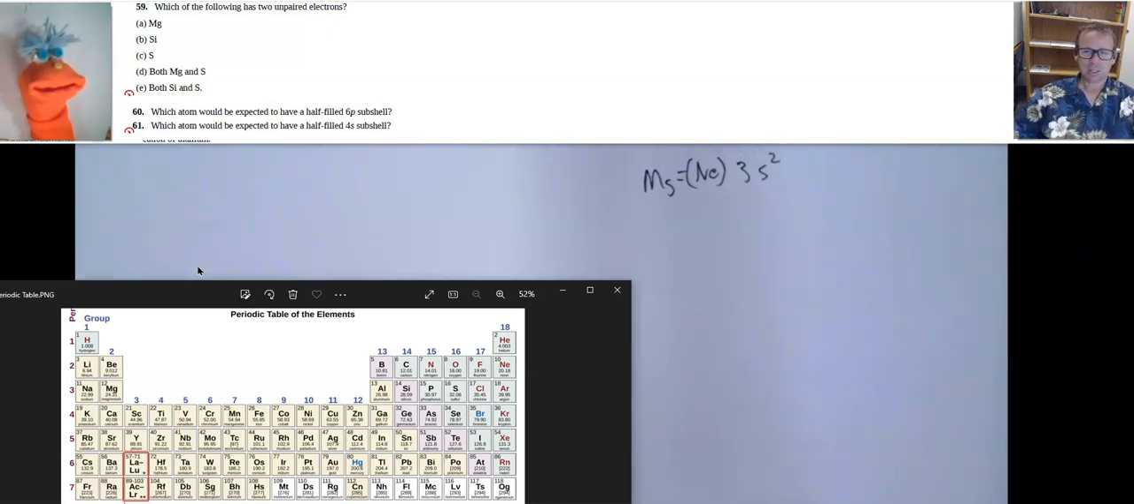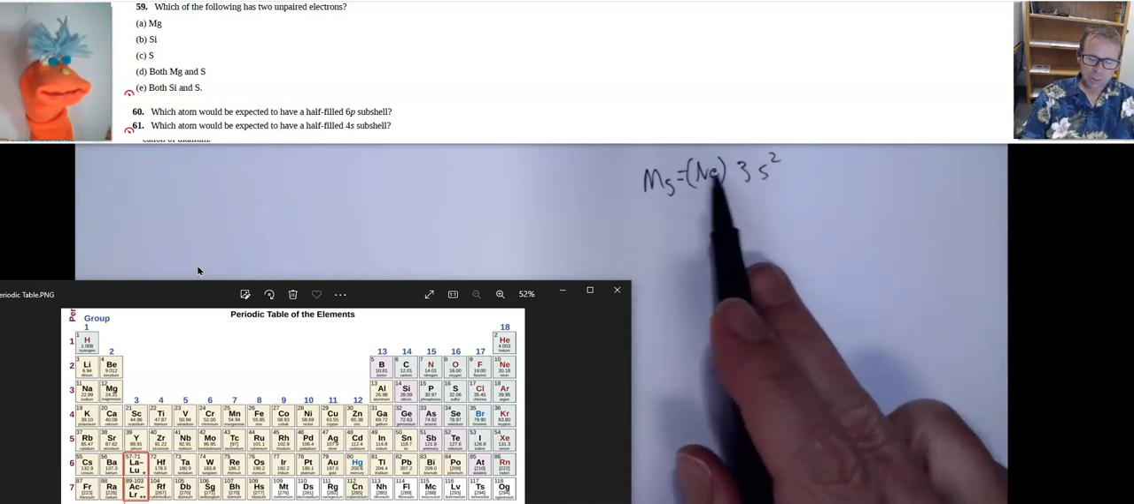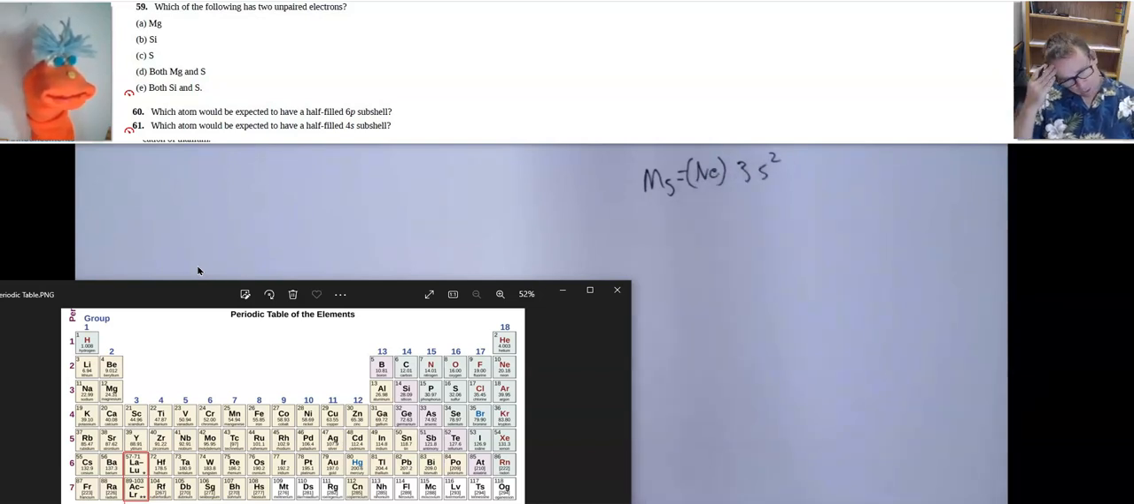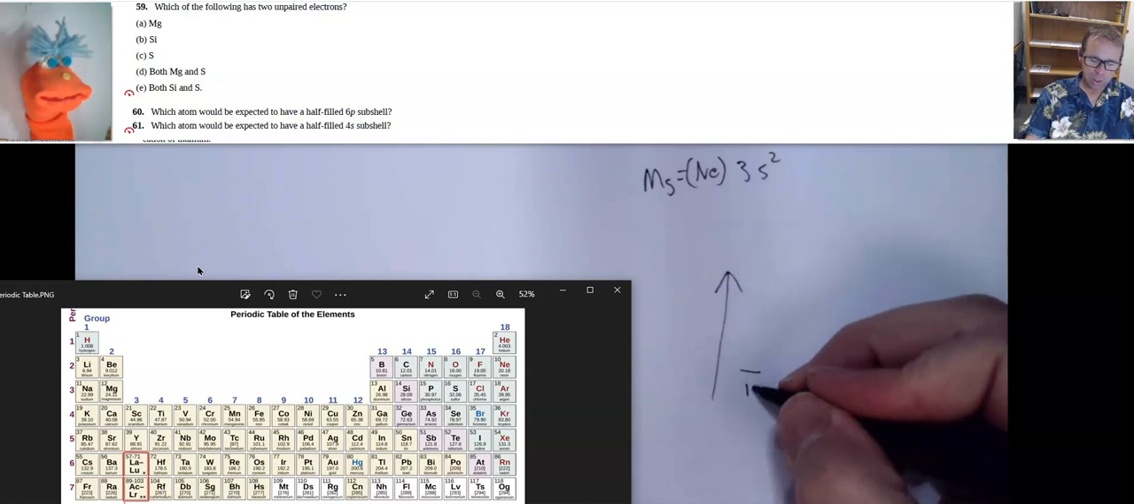How many valence electrons? Is that just 2? That's right, just 2 valence electrons. Okay, so magnesium, neon, 2 valence electrons. To write the orbital diagram here, we could start with 1s,